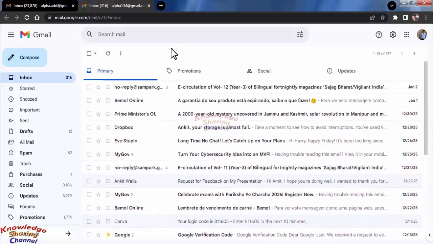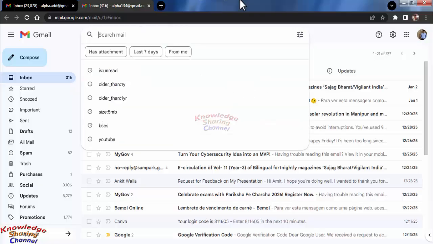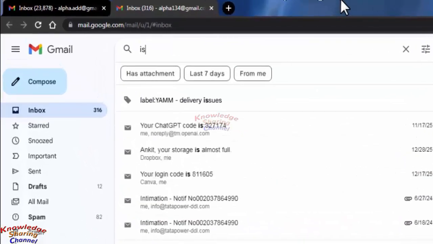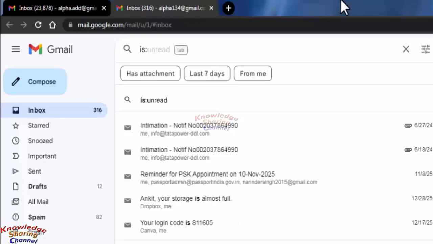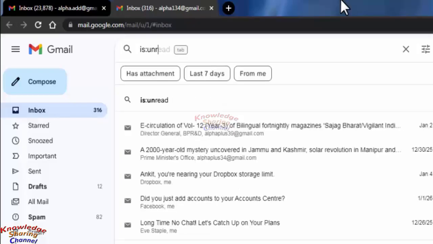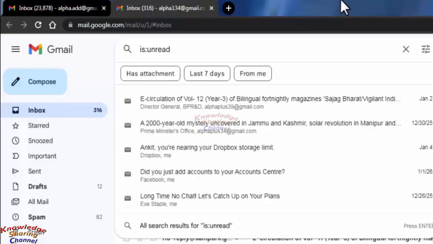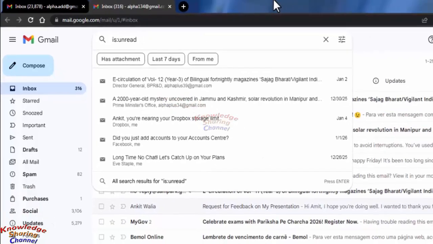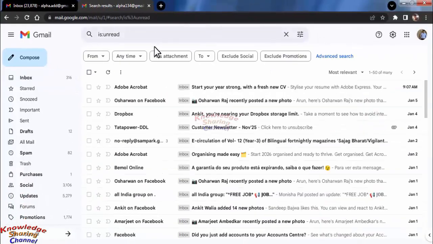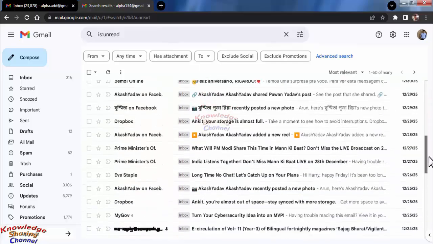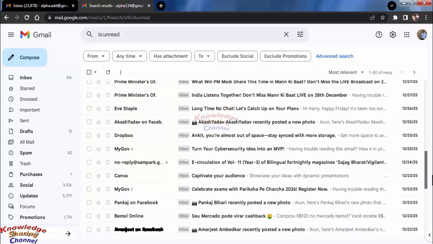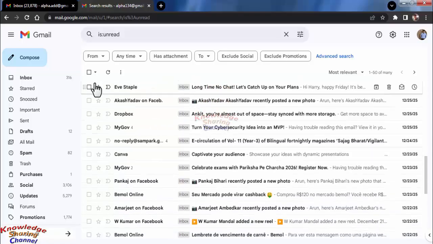So to filter all these type of emails, you simply need to type in search is, now add colon unread. Now press enter. Now it will filter all the unread emails in your Gmail account,